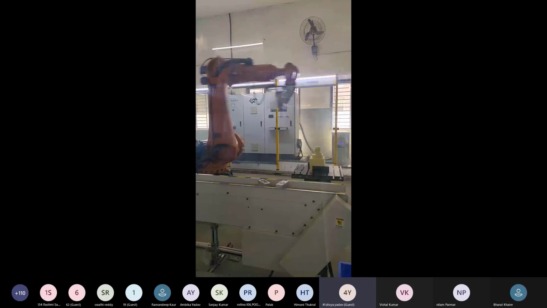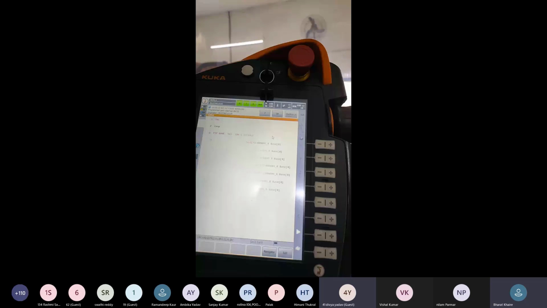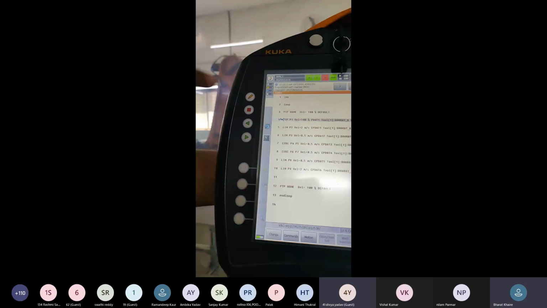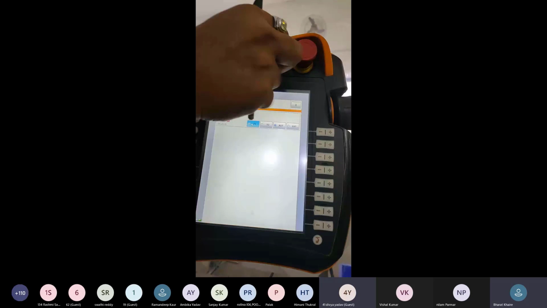So we can see here all tabs are green. So automation is in running position. Okay. So we can stop the program from this red button. By pressing the red button, the robot has stopped. We are converting to T1 mode. T1 mode is a manual mode.